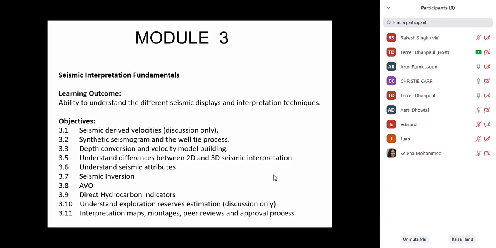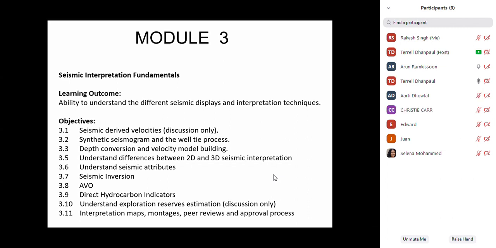So basically this is specific to the class today in terms of what we want to try to go through, all right? You see there, we'll talk a little bit about seismic derived velocities. And what that means essentially is you'll understand things like how velocities are important in processing. Remember when last day we spoke about